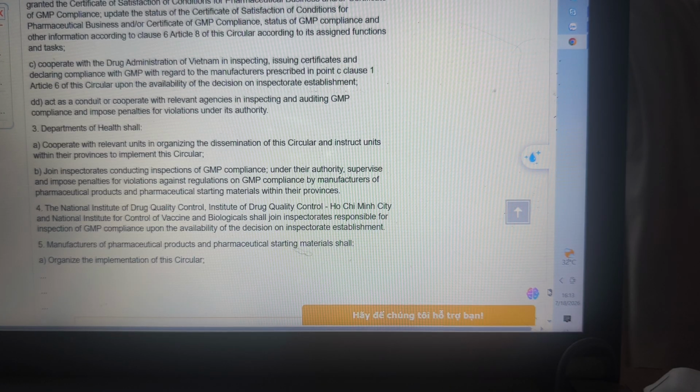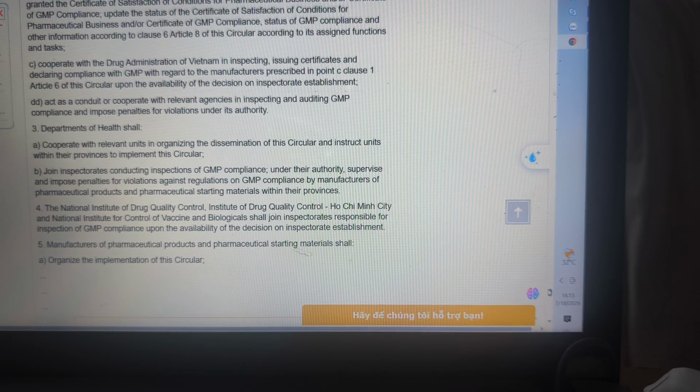The National Institute of Drug Quality Control, Institute of Drug Quality Control Ho Chi Minh City, and National Institute for the Control of Vaccine and Biological shall join the inspectorate and are responsible for the inspection of GMP compliance upon the availability of the decision on the inspectorate establishment. Manufacturers of pharmaceutical products and pharmaceutical starting materials shall